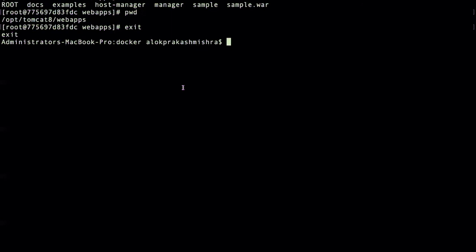You can always copy any file by the docker cp command. If I have to copy some file, this file, then you have to give tomcat v2, and then the file path inside the container.